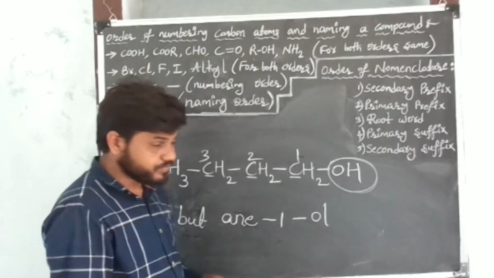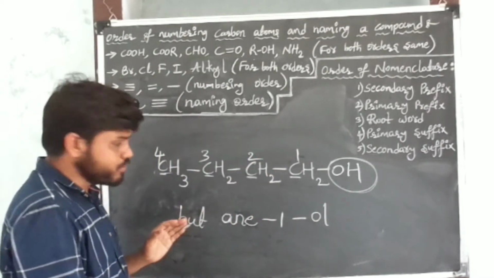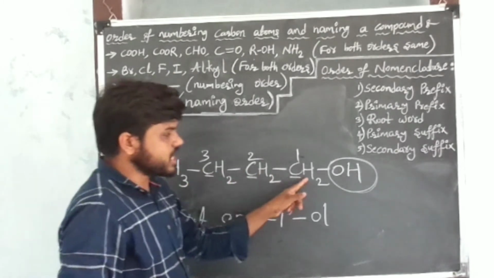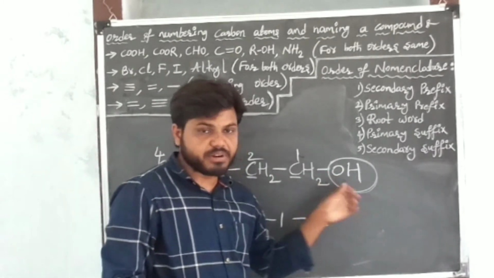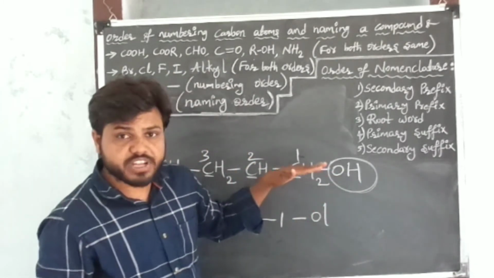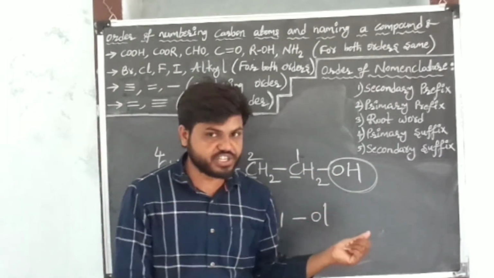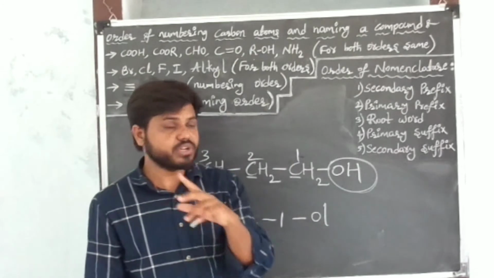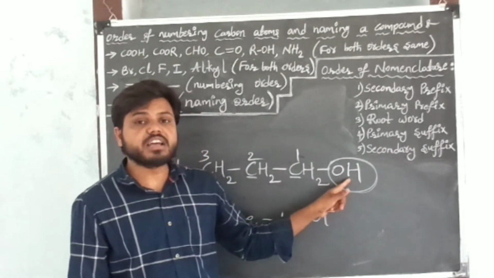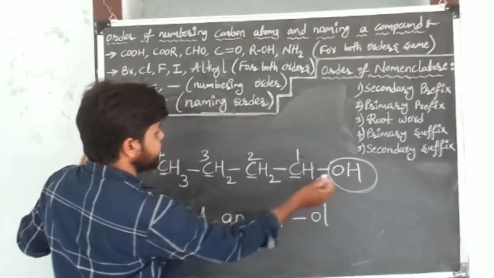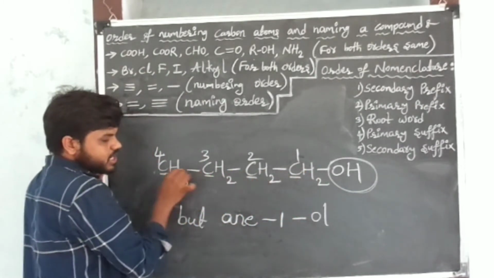I am repeating. This is the given carbon compound, and this is the principal chain. At this carbon, there is one alcohol. Give the numbers to each carbon atom in such a way that this alcohol gets the least number. That's why I started from the right side: first carbon, second carbon, third carbon, fourth carbon.